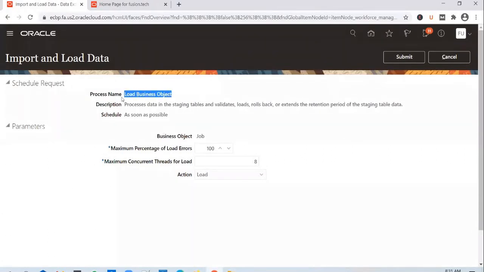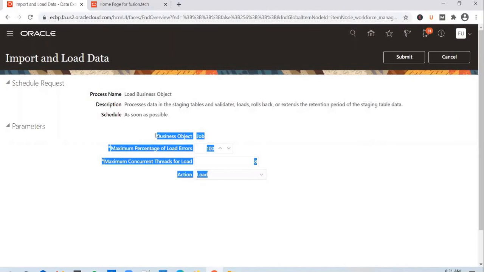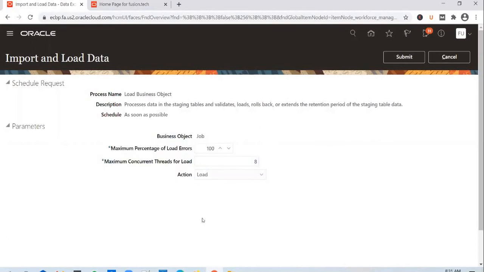Only the load job is getting triggered, not the import job, because the import went through successfully and the data is already in the stage tables. This load job will pick up the data from the stage tables and load it into the application. If you look at the parameters, you will see only the parameters related to the load process, not the import process. So go with the default options.